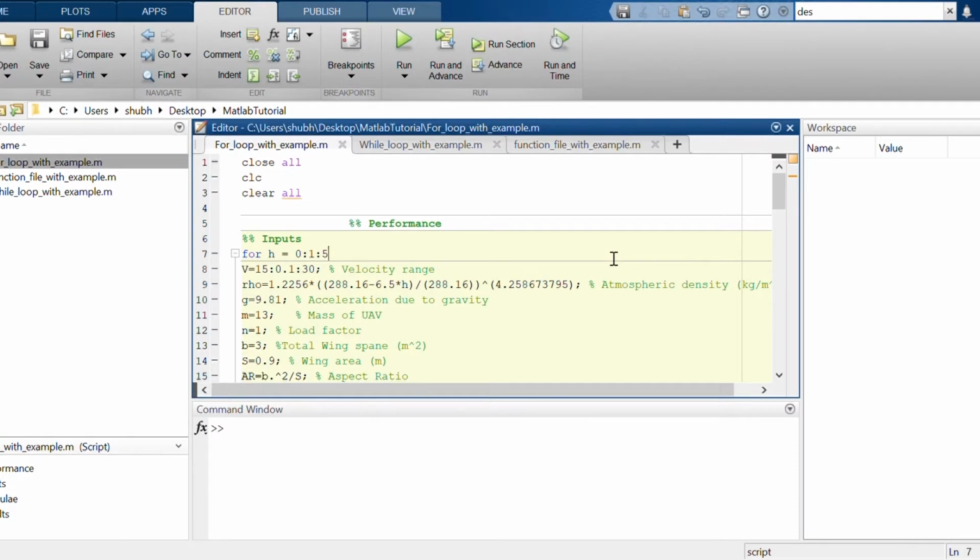So it reduces the effort. Suppose you take the example of aerospace, like an aircraft flying at a steady level flight where lift is equal to weight. You want to calculate the CL for each velocity. So what you can write is CL equal to 2W divided by rho v square S, right? For a different velocity, you will get a different CL. If you do it by hand, it will take time.